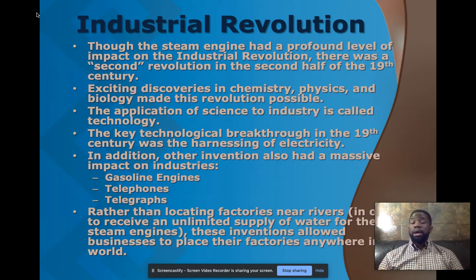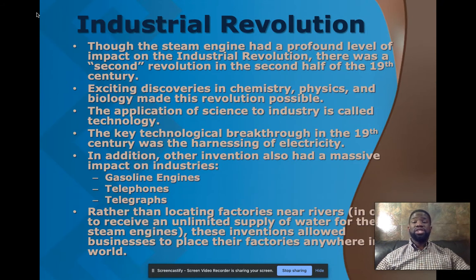When we start talking about these three very important inventions, all right, they really shifted the landscape even more. The invention of gasoline engines, telephones for communication, and telegraphs for communication. Now, these three elements are what allowed businesses to position the location of their headquarters anywhere in the world. The reason why I place emphasis on anywhere in the world is because you got to remember,